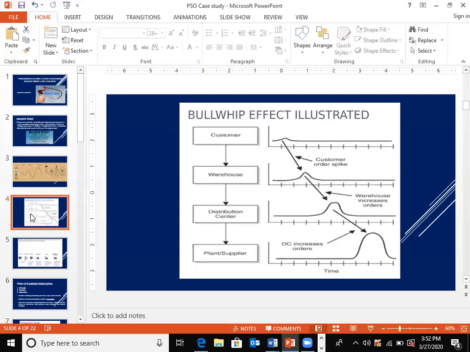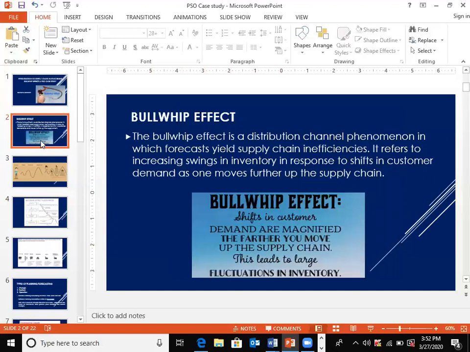And so now if we go back to the original definition and we read it again, it should hopefully make a whole lot more sense. So let's just look over here. What the definition says is, the bullwhip effect is a distribution channel phenomenon in which forecasts yield supply chain inefficiencies. So the reason, I'm going to stop here just for a second,